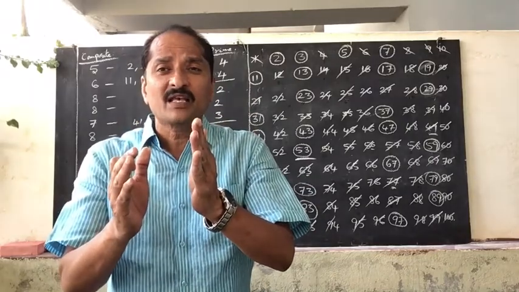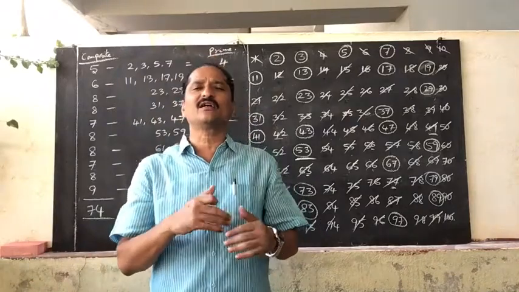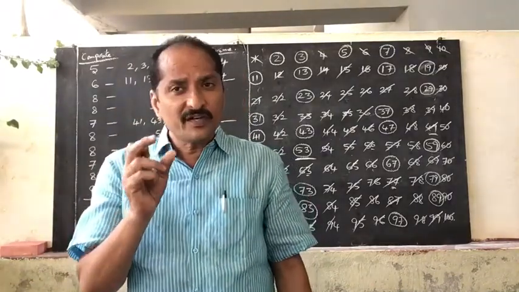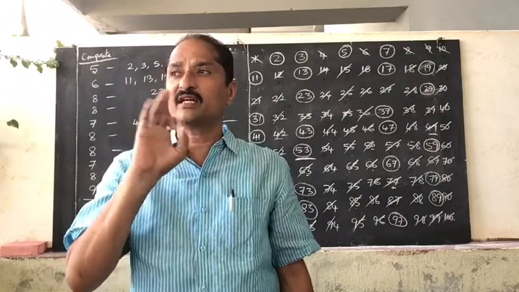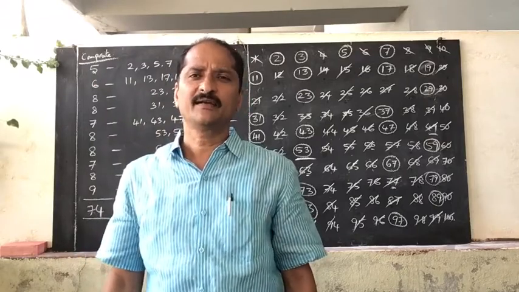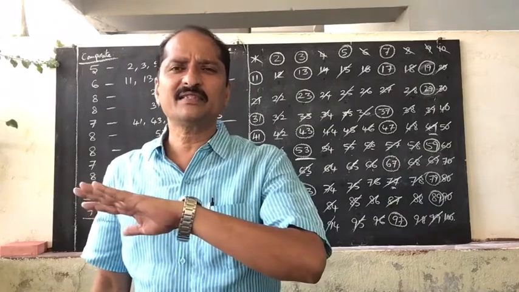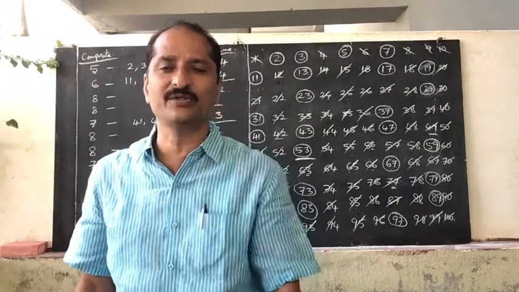prime less than 25, we need the greatest prime among those smaller than 25. Is 24 a prime number? Because 24 is an even number, it is not a prime number. 24 is not a prime number because it is an even number. All even numbers are not prime numbers. All even numbers are composite except 2.